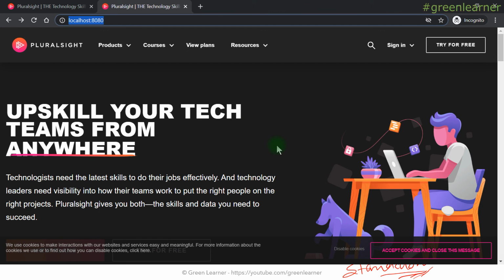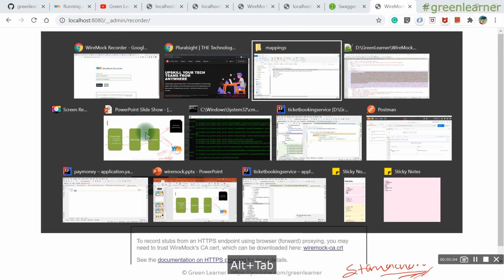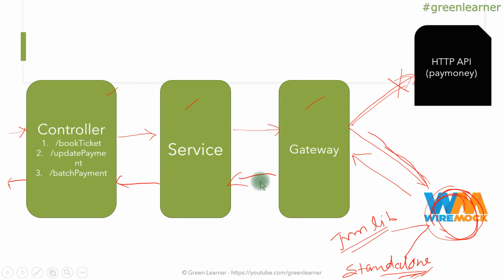So this is how we can do the recordings of the websites. And if I show you our project diagram, this is going to be very useful when we have this payment service running, and I want to make the recording of the request and response in real time. For a single request, I can make the request to this payment service, and now it is going to create all the mappings automatically for us under the mappings folder, which we can use to do the further testing, right?